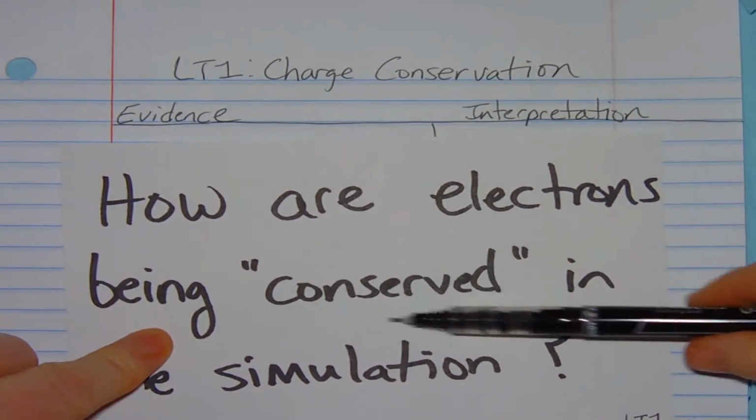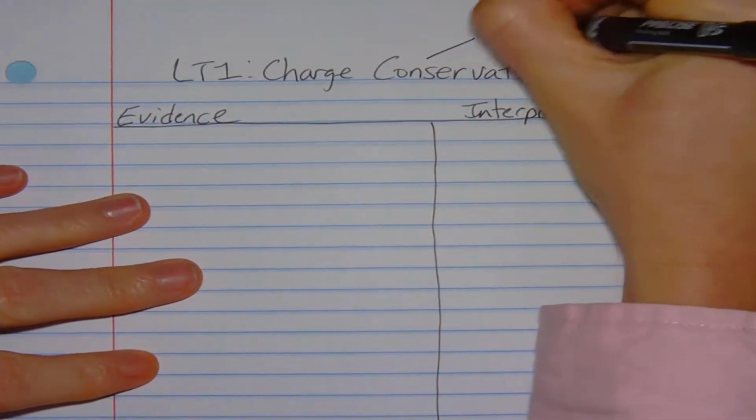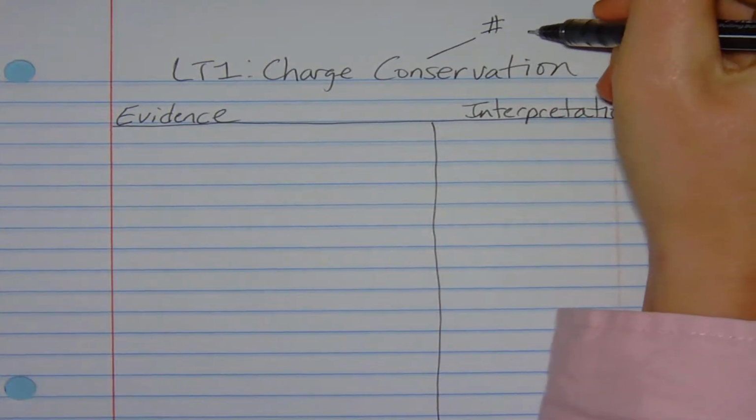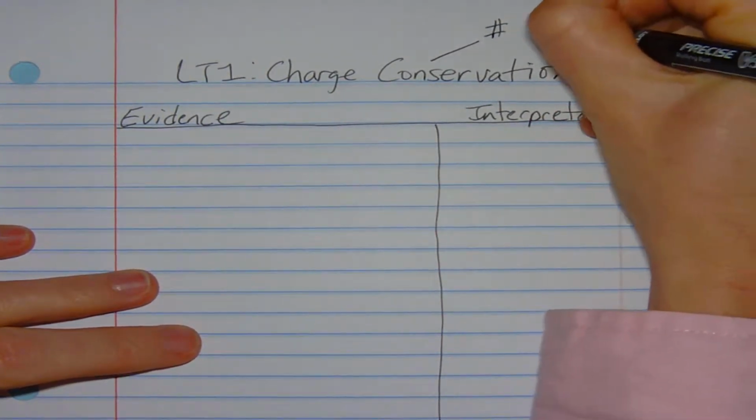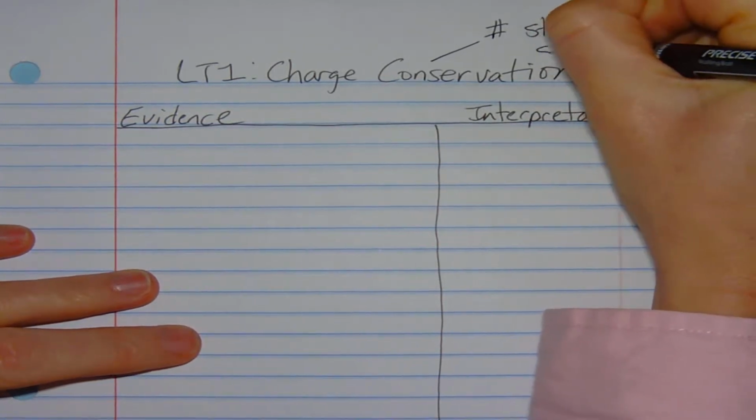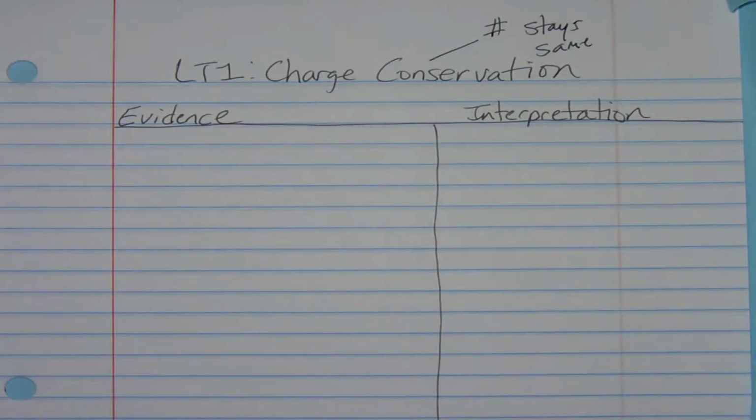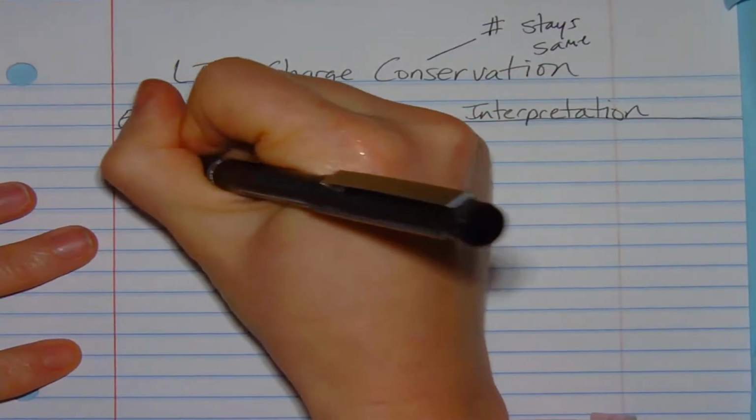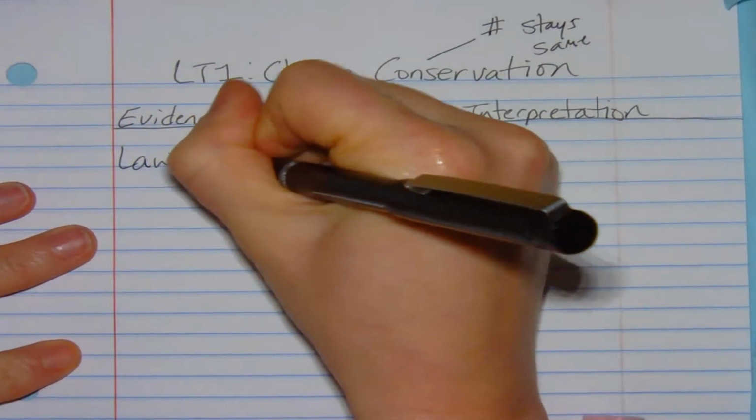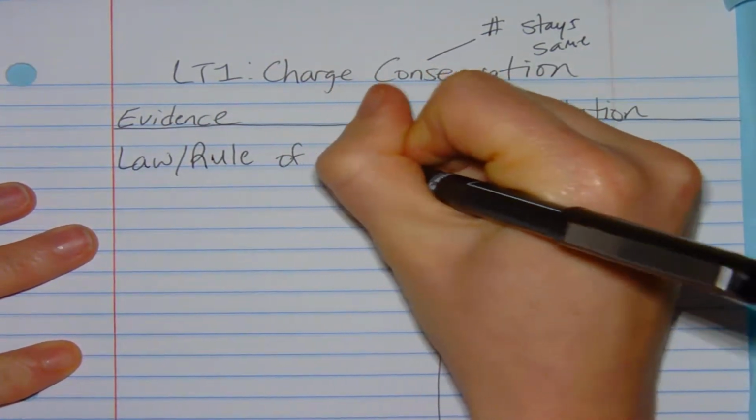So it's this idea of conserved. What does conserved mean? What we should know from the energy unit, so energy conservation or momentum conservation, is that the number stays the same. We know that that's what it means in physics. So this number of charges has to stay constant. And in this target, we've got to set up some basic rules. So the law or rule of electric charges